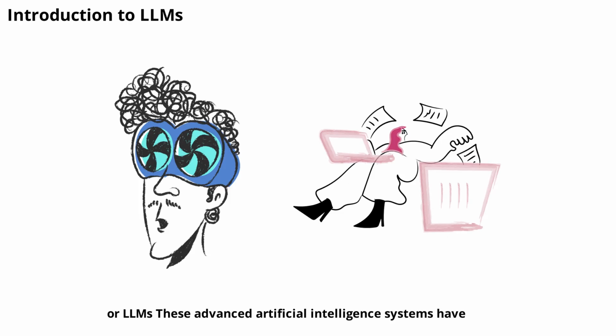These advanced artificial intelligence systems have become a hot topic in technology, revolutionizing how we interact with computers and digital content. But what exactly are LLMs, and why are they so important? In this video, we'll break down the basics, explore their capabilities, and see how they're shaping the future of communication and information processing. Let's start by understanding what makes a language model large, and why size matters in the realm